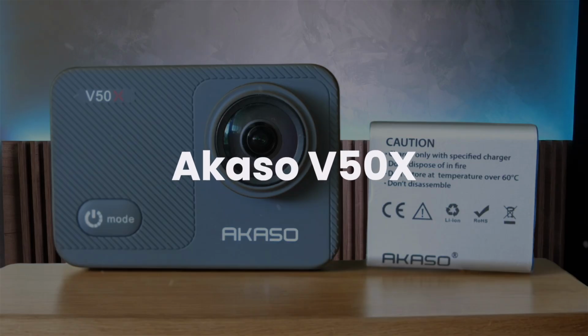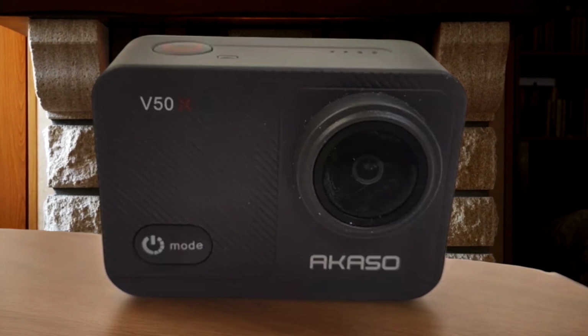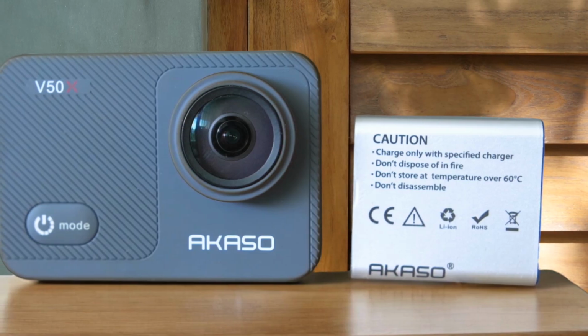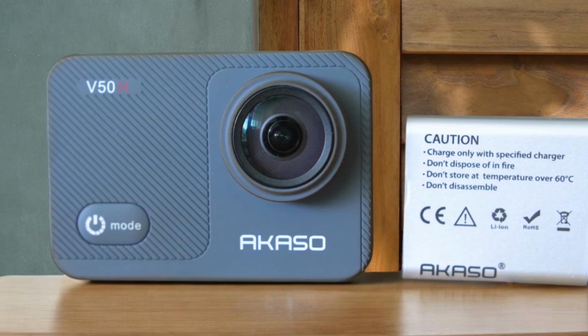Akaso V50X. This budget-friendly action cam packs a punch with real 4K 30 video and impressive stabilization that rivals more expensive models. The build quality is solid and the bright screen with plenty of buttons makes it easy to use. While the 4K footage is detailed and the night video is great, the 1080p 60 and 2K modes lack some